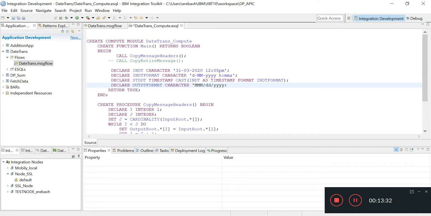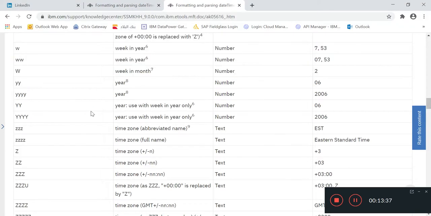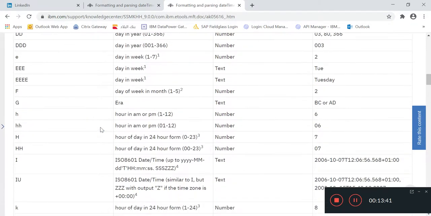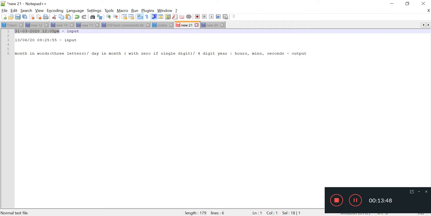Then hour. Let me show you how. Hour is in AM with the 0. So I already showed you our hour, minute and second.